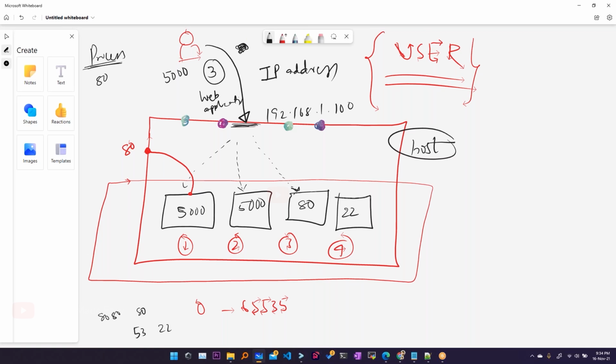These are standardized so that people can identify by seeing the port number what sort of application it is. That's why there are some standards, but it doesn't mean I have to use only 22.